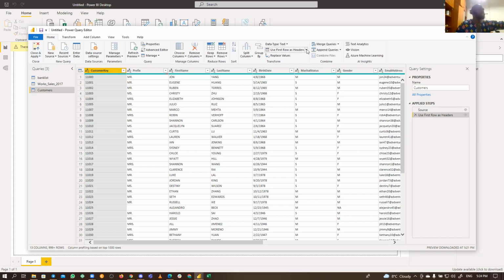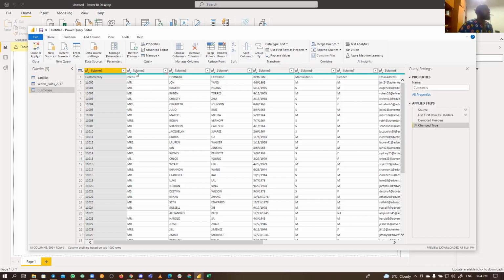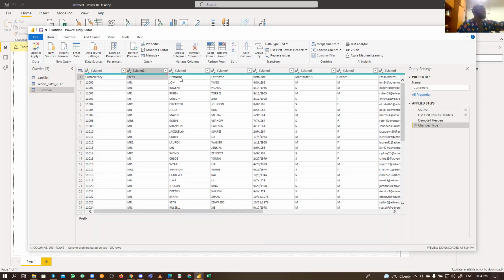But if you don't want that, maybe you want to use headers as first row. Let me click on it. So you can see that now all these, our customer, colon, prefix, are now part of the data. So now it has renamed all of the columns to column 1, column 2, column 3. Now, let me go a bit further into that.